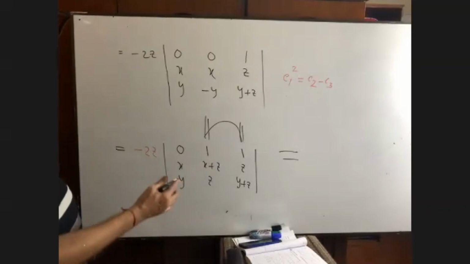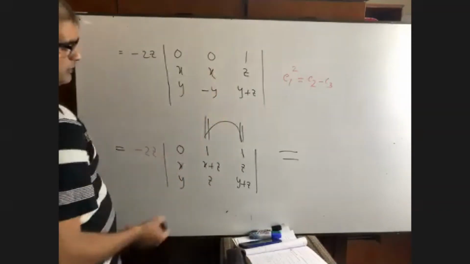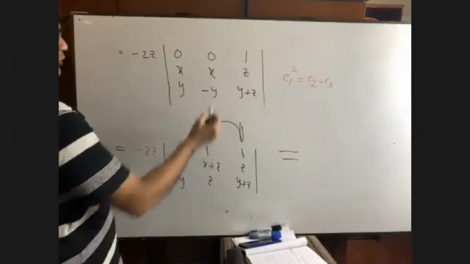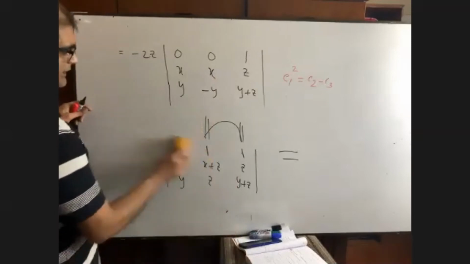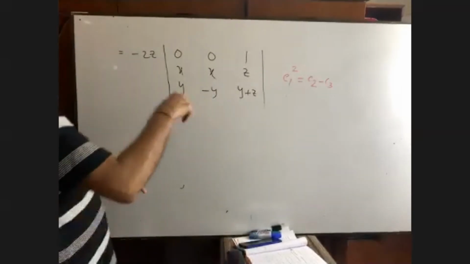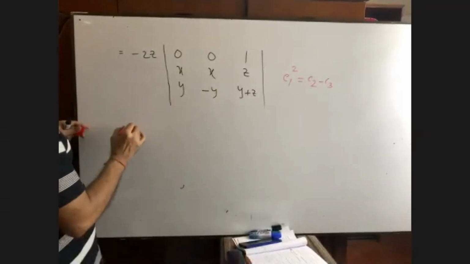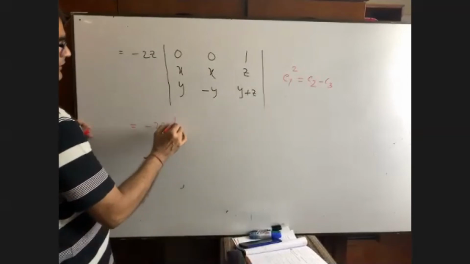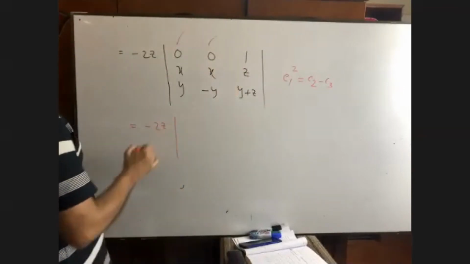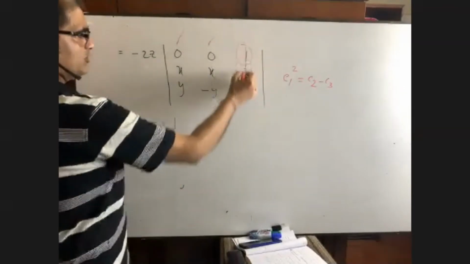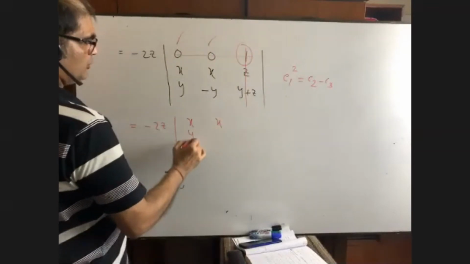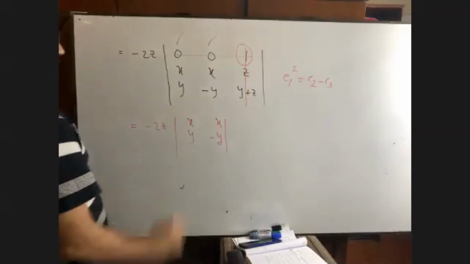So I think you have got it. 1 minus 1 equals to 0. This minus this equals to x. This minus this is equal to minus y. Now you have seen your math has been easier. For this I told you that I would do this math afterwards. Anyway, you see minus 2z. Now this 0 0, this 0 0, it is 1. No need to write down 1 here. So if I consider this, this will be omitted. So this is x, this is x, this is y, this is minus y, right?